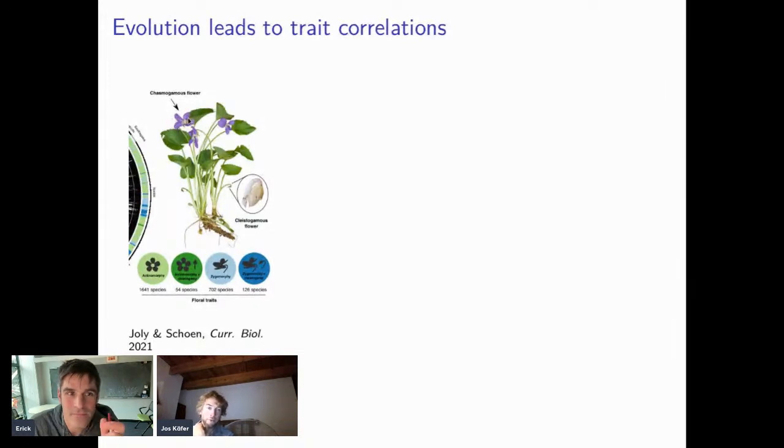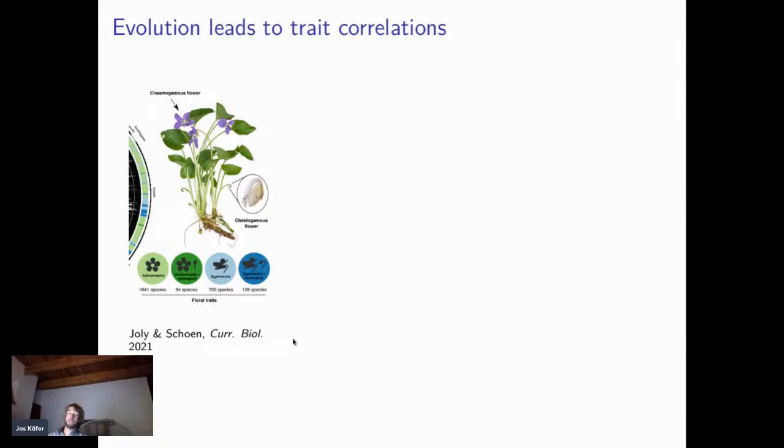But if there are no pollinators around, then you have a problem, because you need quite specific pollinators to pollinate those. So, in case there are no pollinators around, the plant also produces some flowers that never open, that self-fertilize as a way of reproductive assurance. Got it. Perfect. Thanks.